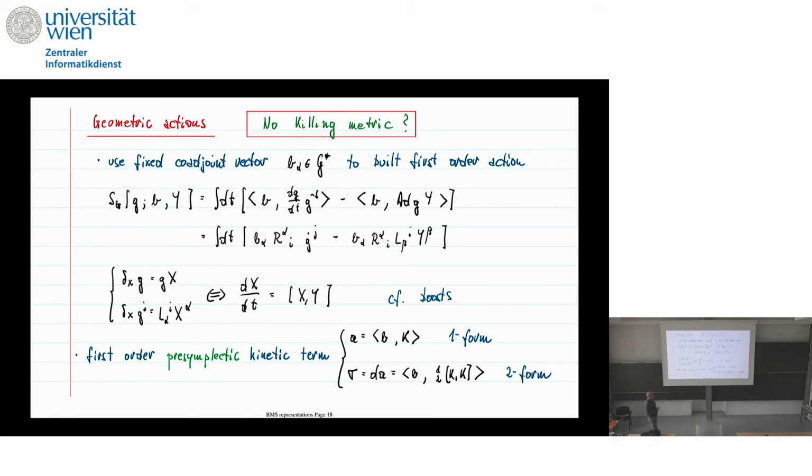You can do a bit more. You can add a class of Hamiltonians, which will always work, which is just to choose also a fixed Lie algebra element. And if you add this term, you can still check that this is invariant under right translation if you give the symmetry generator the right time dependence. So if the symmetry generator's time dependence is determined by the bracket of x with y, if this equation holds, it's a one-line computation to check that this is still invariant under right translation.